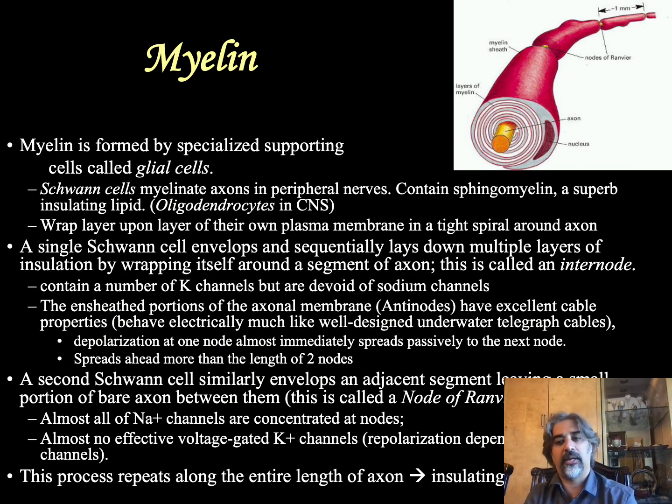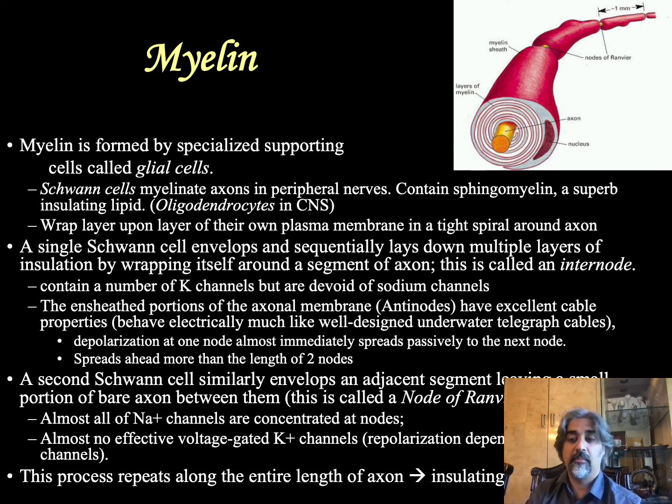Myelin is formed by specialized supporting cells called glial cells. Schwann cells myelinate axons in the peripheral nerves, and oligodendrocytes do so in the central nervous system. They wrap layer upon layer of their own plasma membrane in a tight spiral around the axon, thereby insulating the axonal membrane so that little current can leak across it. The myelin sheath is interrupted at regular spaces called nodes of Ranvier, where almost all the sodium channels in the